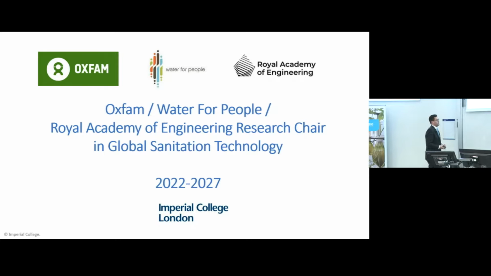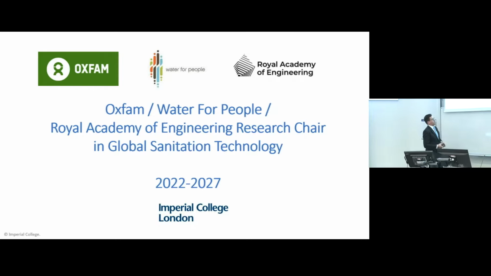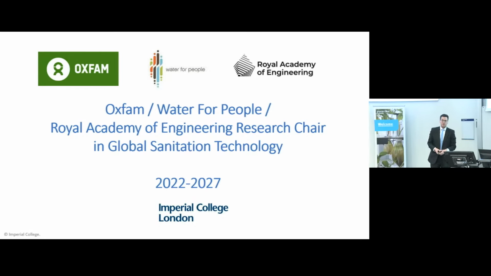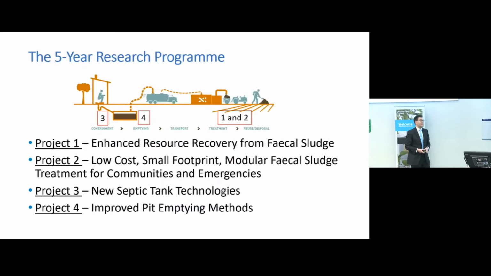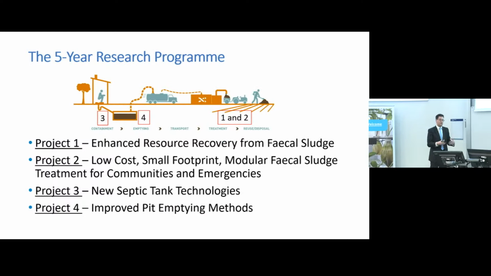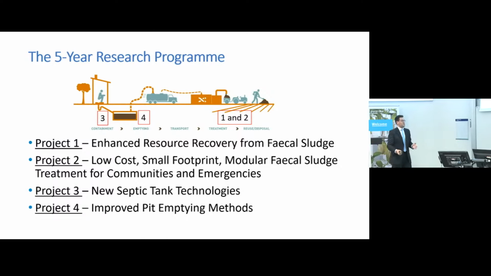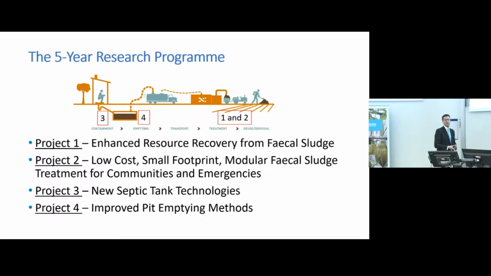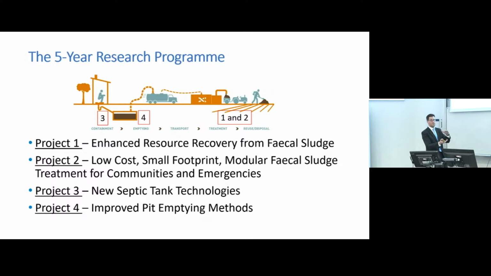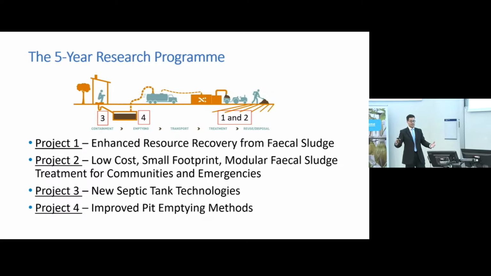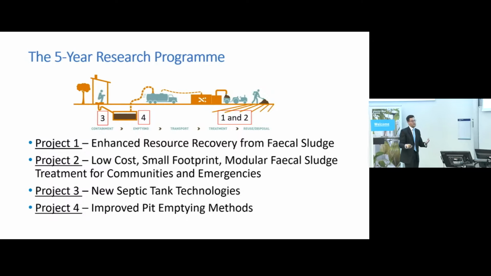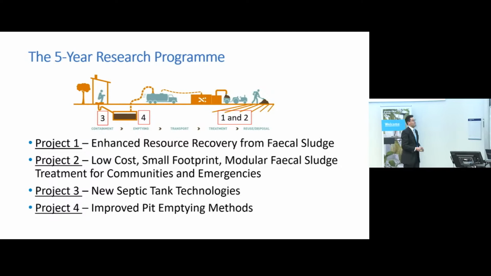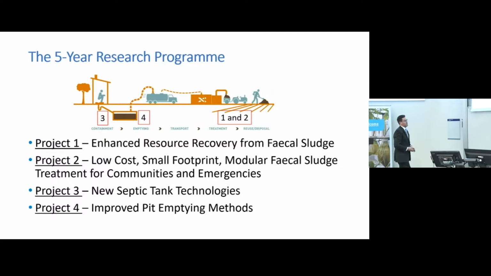So for example, project number 3 there is looking at the septic tank design, which more or less hasn't changed in about 150 years, really. But we need, for example, ways that we can ship the materials to build septic tanks more easily. Oxfam have thought about maybe we could have flat pack septic tank systems, like IKEA produce for furniture, that you could easily ship out into the field and would be installed much more easily than a big tank with a lot of airspace inside it, which is quite a heavy technology and quite an impractical thing to ship around the world. So yeah, those are some of the projects I'll be looking at.